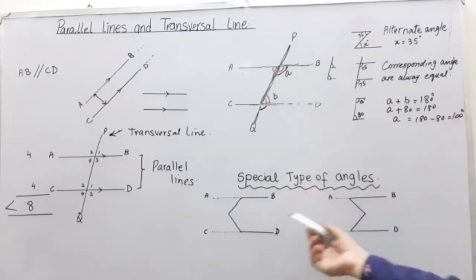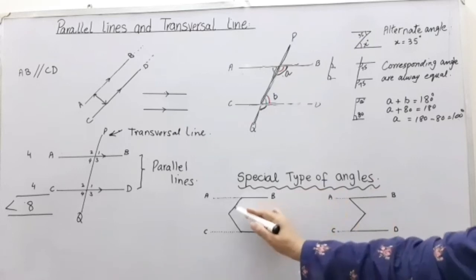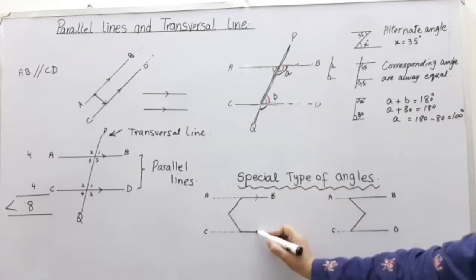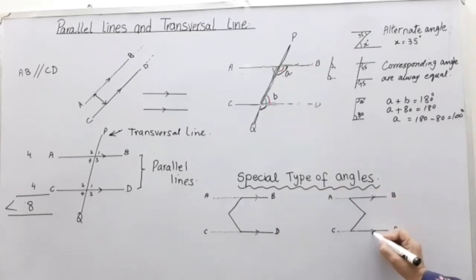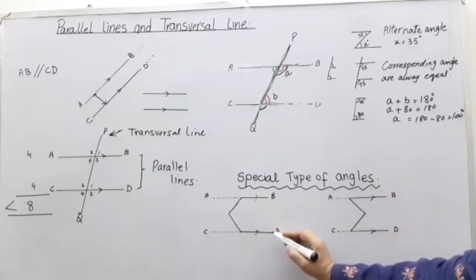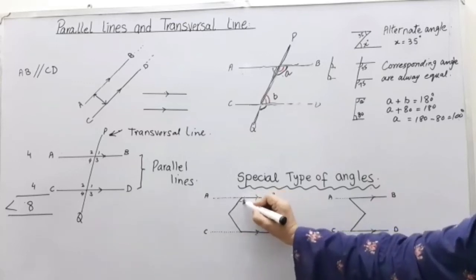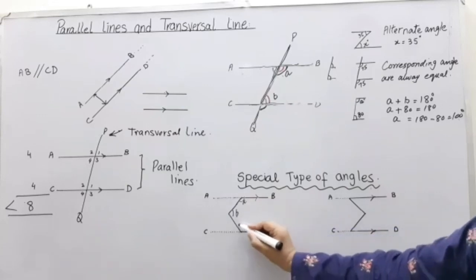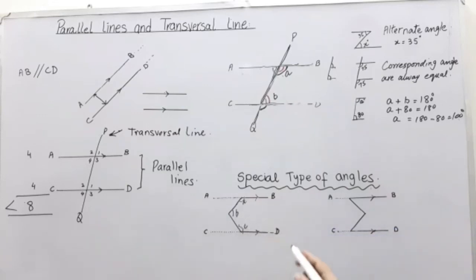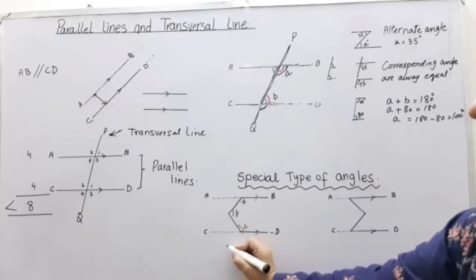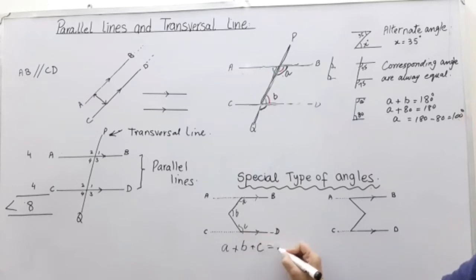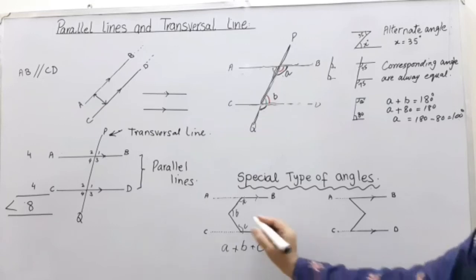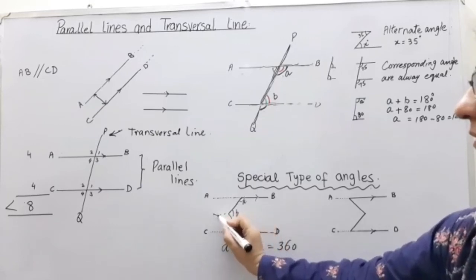There are two special types of angles. If you see the figure in two parallel lines, especially see the parallel lines. These are parallel lines and the angle makes this shape. Angle A, angle B, angle C. Now you see here are three angles. You simply add them, A plus B plus C, and put them equal to 360, because if you cut this angle from here,